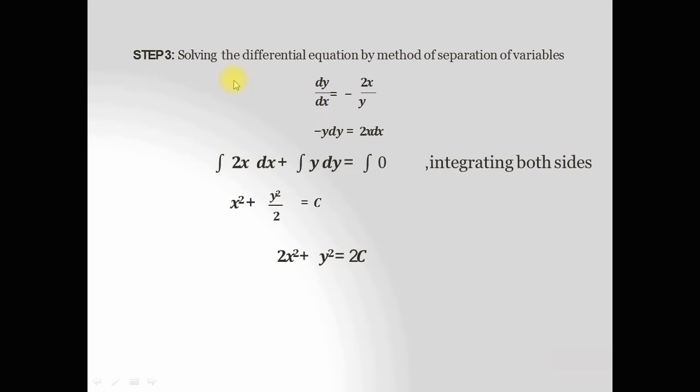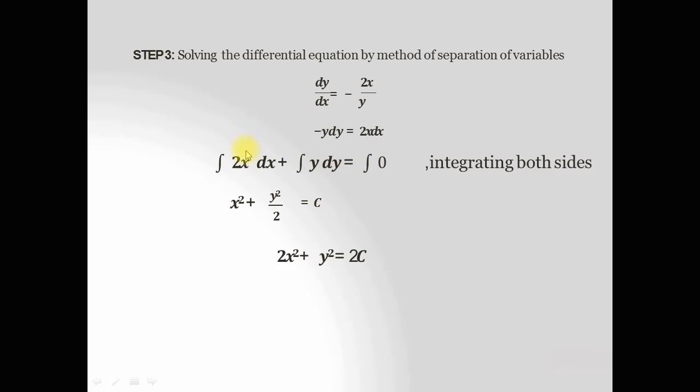Now in the second step, to find the algebraic equation, solve this differential equation by separation of variables. Here we can use separation of variables because this equation is easily solved by it. So using the cross product, minus y dy is equal to 2x dx. Now taking integration, shifting this term to the right hand side, we get 2x dx plus y dy is equal to 0. So the integration of 2x with respect to x, the integration of y with respect to y, and the integration of 0 is a constant.